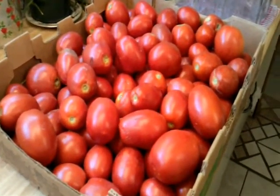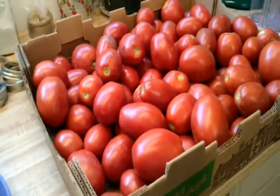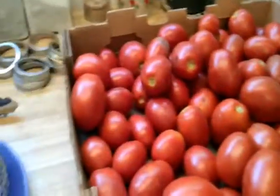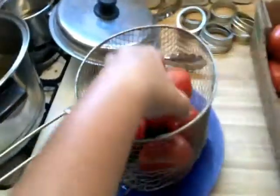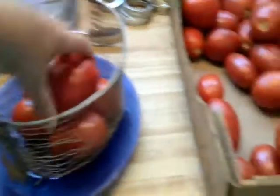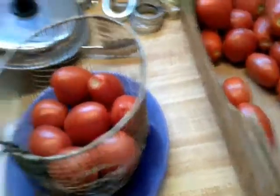Now I like to get all my blanching done to start with before I ever start peeling tomatoes, and so I just go ahead and get all my tomatoes blanched. I put 8 or 10, 12, however many will fit in my basket. Since my water's not quite boiling, I'm not going to really pile these up in here. Okay, I put them in my